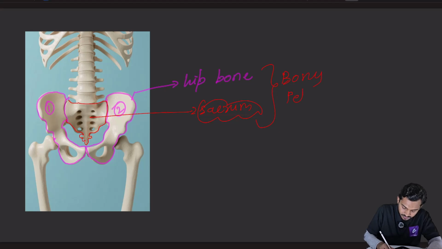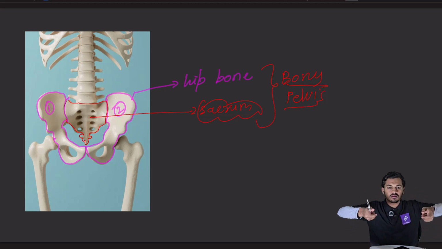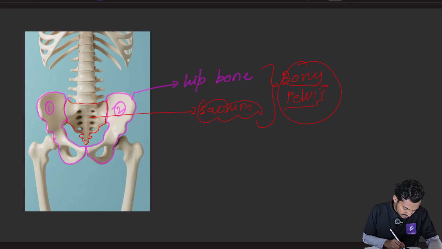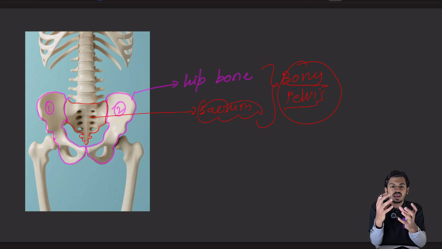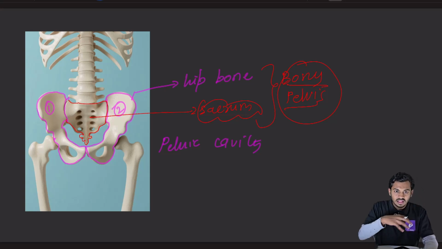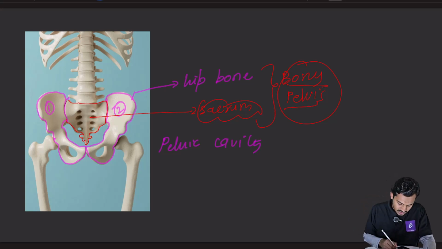बोनी पेल्विस। Understood? You need to understand this. तो कोई भी अगर आपको बोनी पेल्विस बोले तो दो हिप बोन और एक सैक्रम मिलकर एक राउंड स्ट्रक्चर जो बना रहे हैं, बोन्स का एक राउंड स्ट्रक्चर, उसको हम कहते हैं बोनी पेल्विस। अब आप देख सकते हैं दोस्तों कि बोनी पेल्विस के अंदर एक कैविटी है। This cavity is called as pelvic cavity. जो पेल्विस के अंदर स्पेस है, इस स्पेस को हम कहते हैं पेल्विक कैविटी।